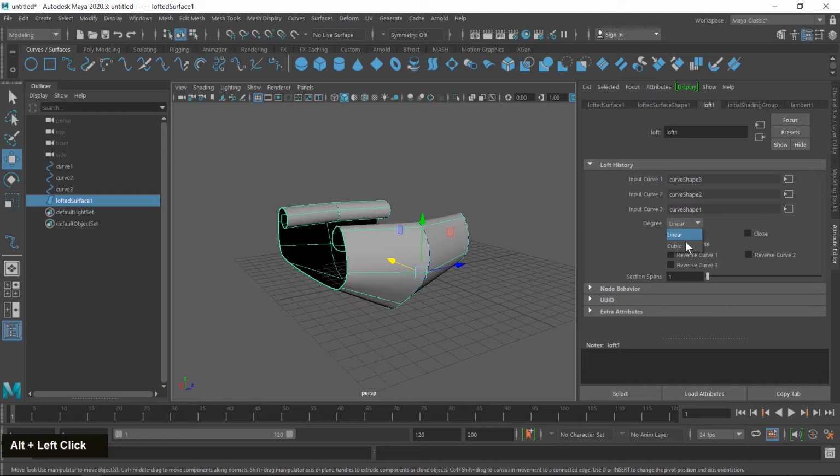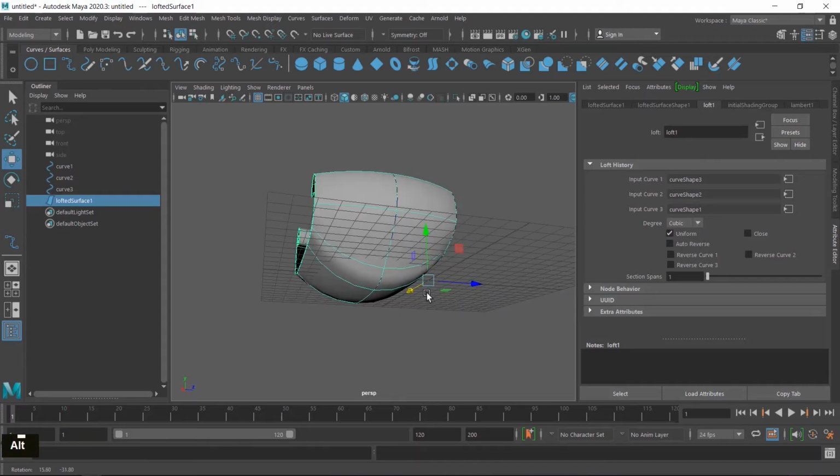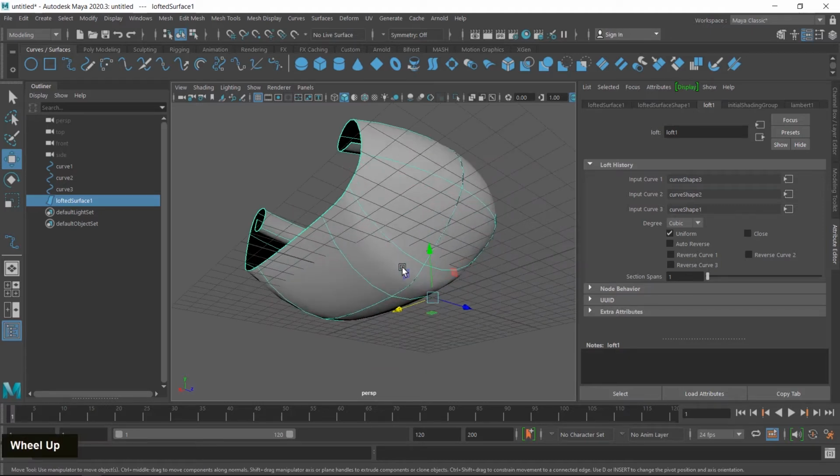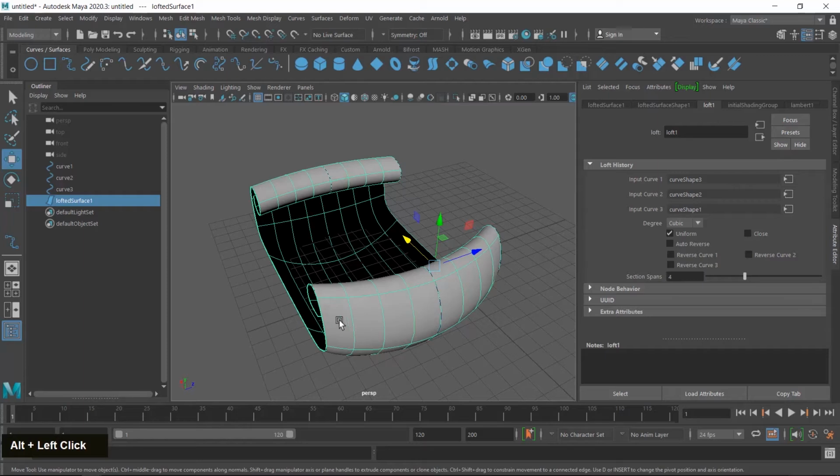If I click on cubic, smoothness is created. The next parameter that you can change is section span, and by default 1 is selected here. If you want to increase the sections, I click and drag this slider, so smoothness is increased and the span number is also increased.